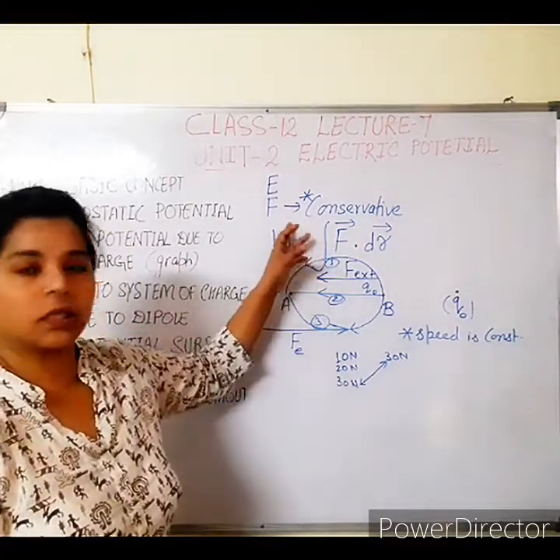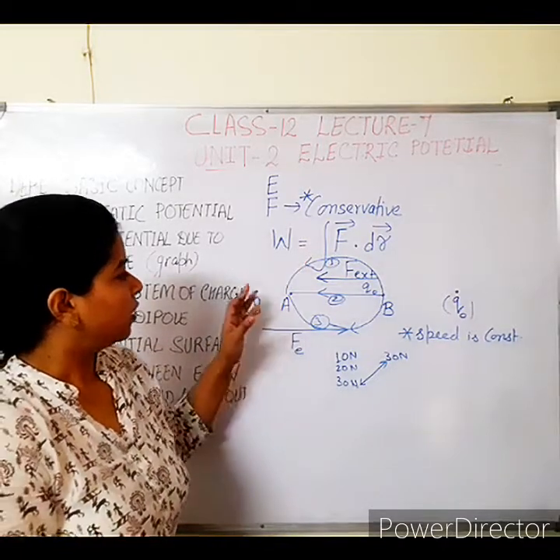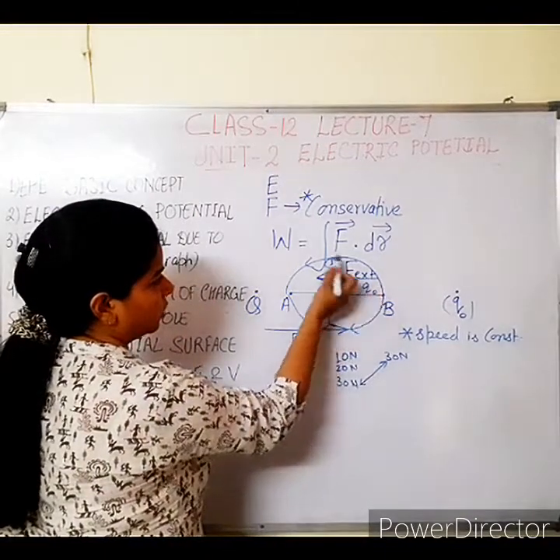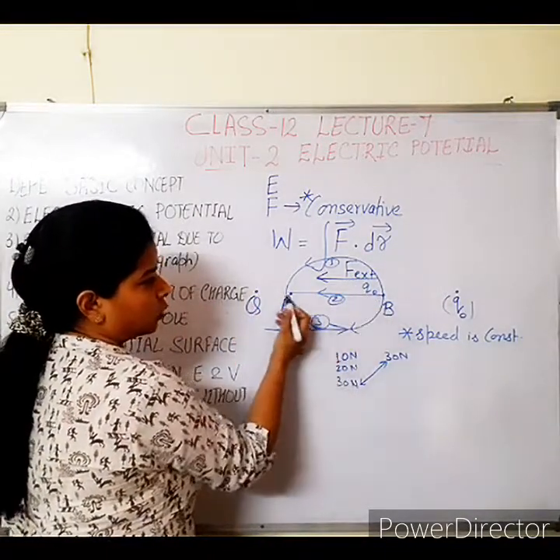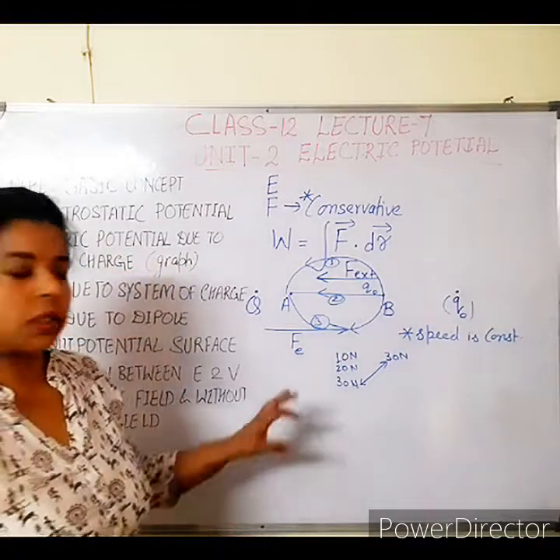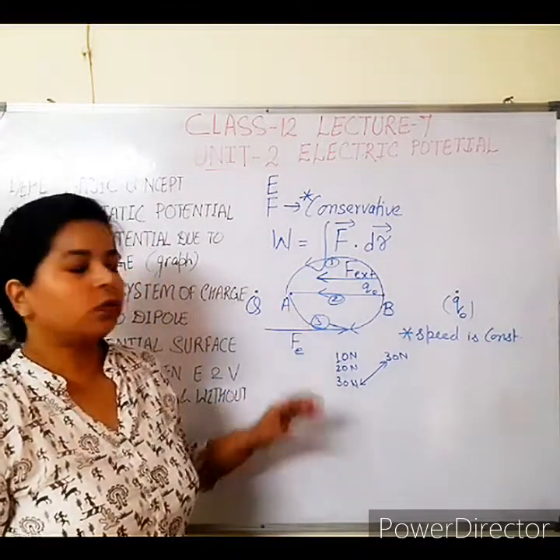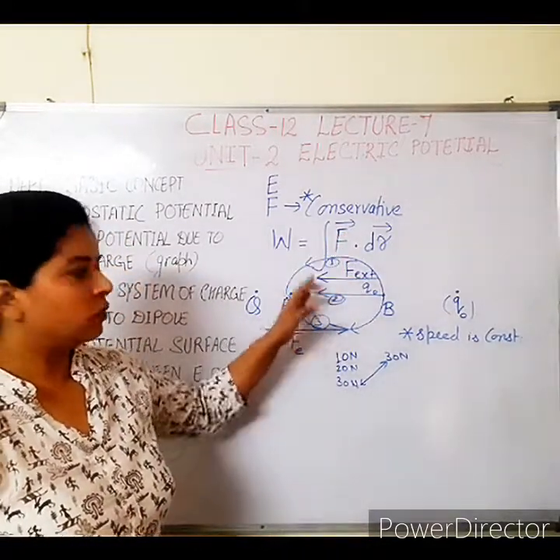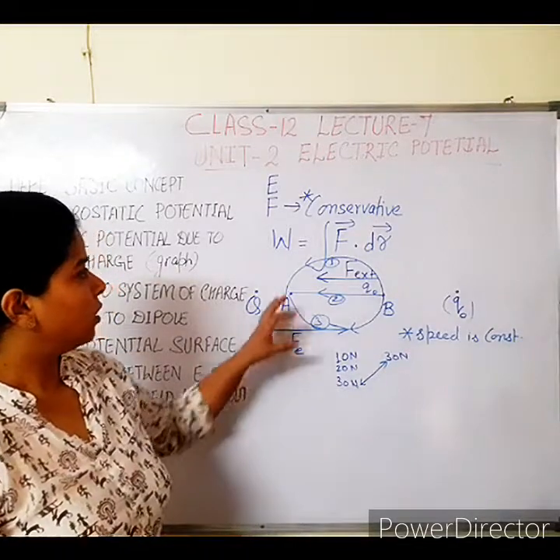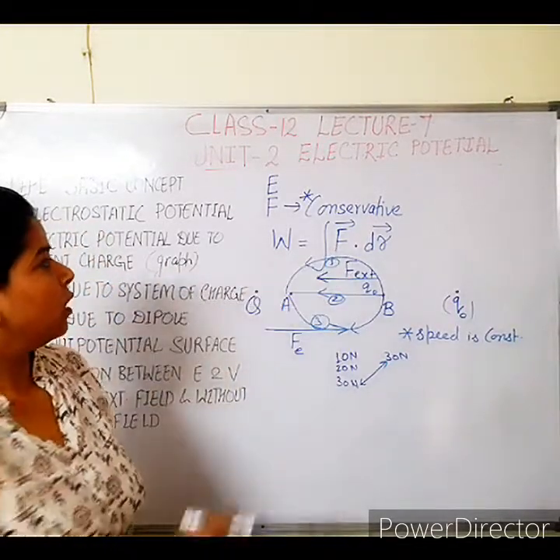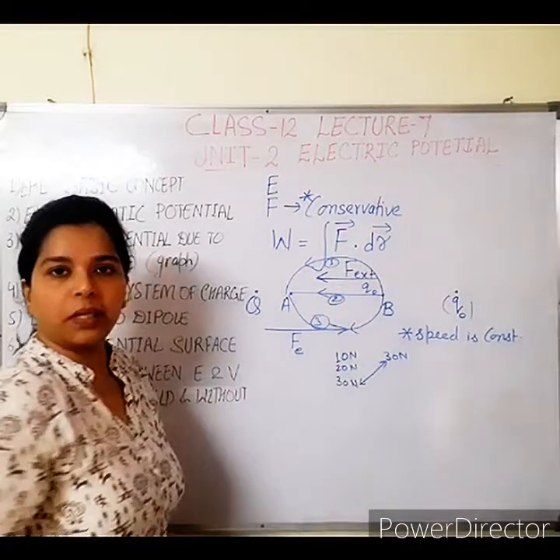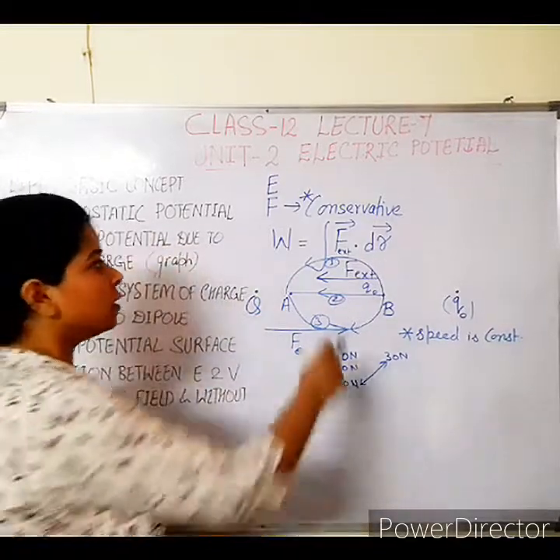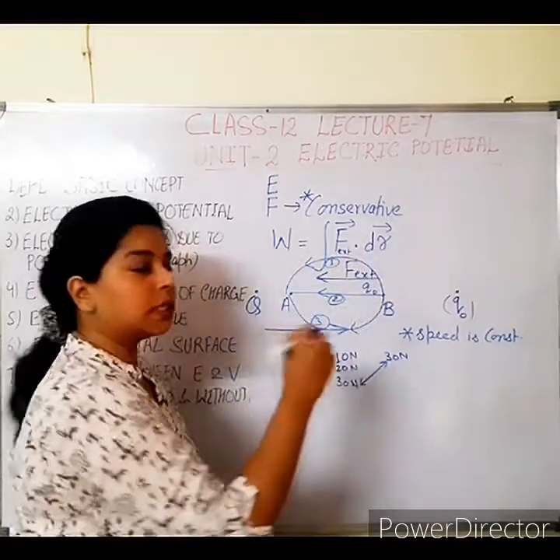Because electrical force is a conservative force, the work does not depend on the path. Whether we bring this test charge from here in path 1, path 2, or path 3, there is no change in the amount of work. We will do the same work over the charge body to bring it by any of the three paths. You can understand this by the formula too. Work is equal to what? Force into displacement. We are applying some force, here it is external force. So external force dot dr. dr is what? It is displacement.